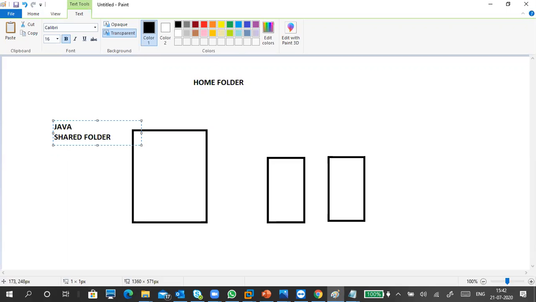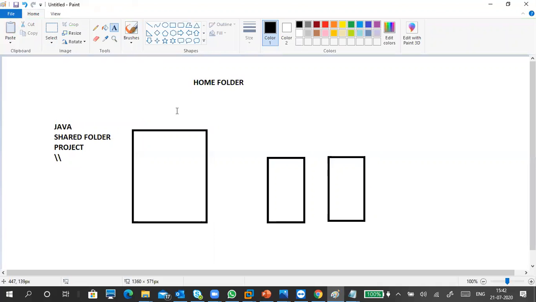Whenever they want to access their project data, project files, tools to install, or documents, they always have to use // then the server name and the folder name. They have to search for it. Sometimes it is difficult, not much difficult, but every time you have to do it.